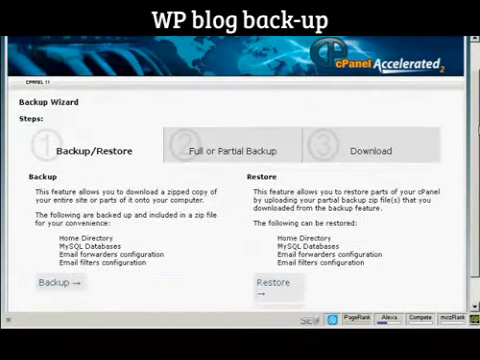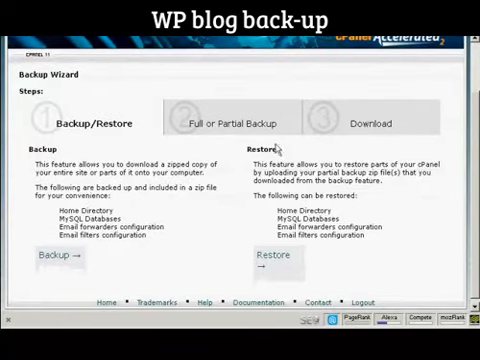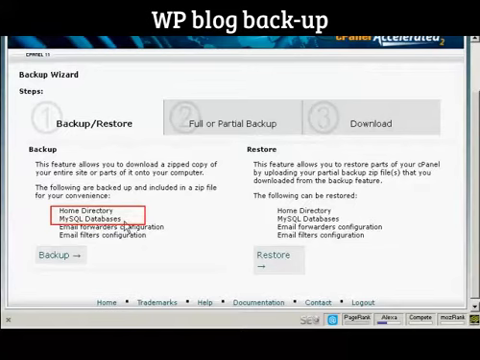And it gives you the steps here. You can back up or restore. And what you want to back up really are the two things that you need for your WordPress blog to work: the home directory and the MySQL databases. The things like email forwarders configuration and email filters configuration are more to do with the actual running of your website. So we click on Backup,